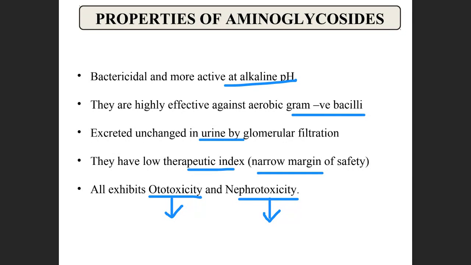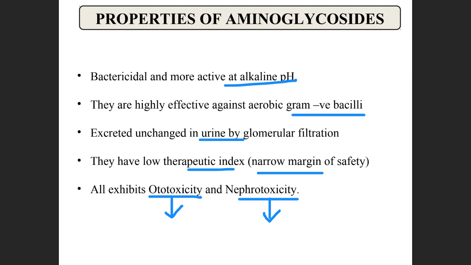Now they have two important side effects, two dangerous side effects, that is ototoxicity and nephrotoxicity. Because of these two side effects, they are said to have low therapeutic index. That means they have low margin of safety because of these two side effects. These are the overall properties of